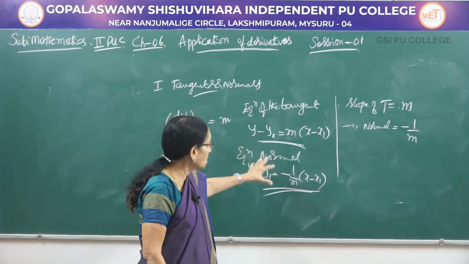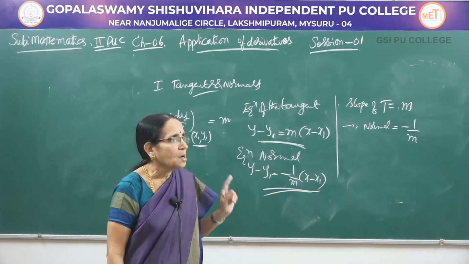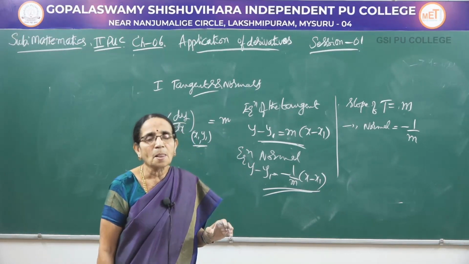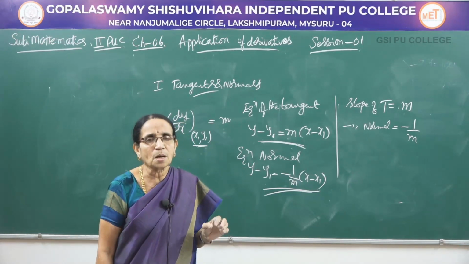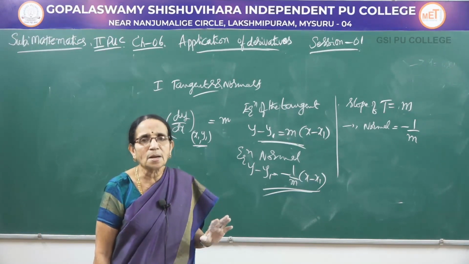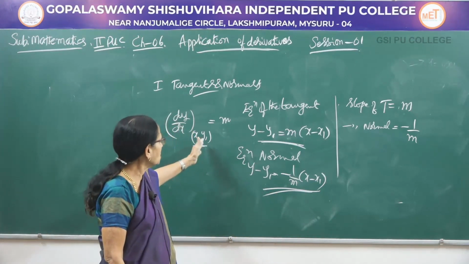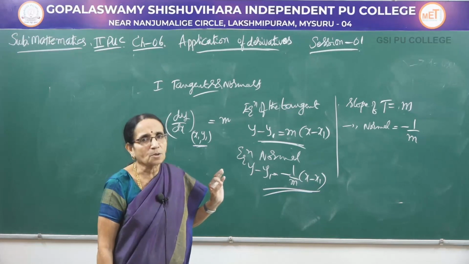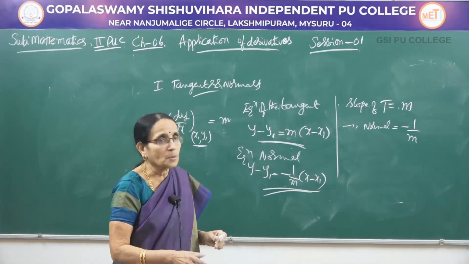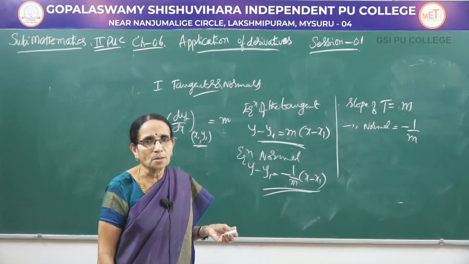So, to know about this, we should have known the geometrical meaning. That is why I just taught about the geometrical meaning. Geometrically, dy by dx stands for the slope of the tangent drawn at a point to any given curve. If the point is a known point x1, y1, we write it like this: dy by dx at x1, y1, that gives the slope of the tangent. All this information you should know, otherwise you will find it difficult to solve the actual problems.